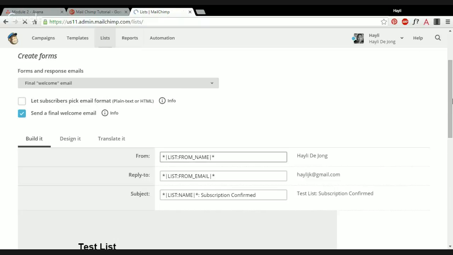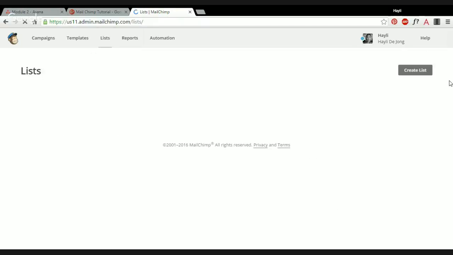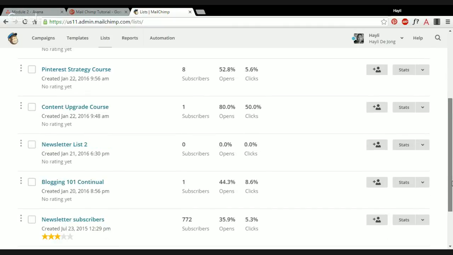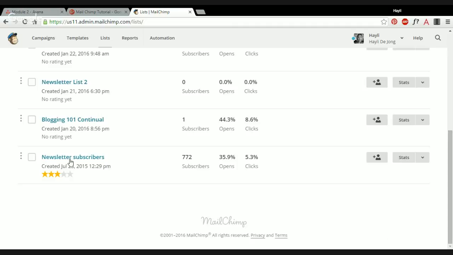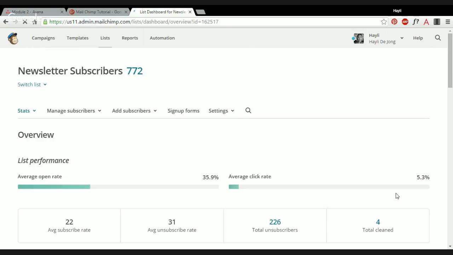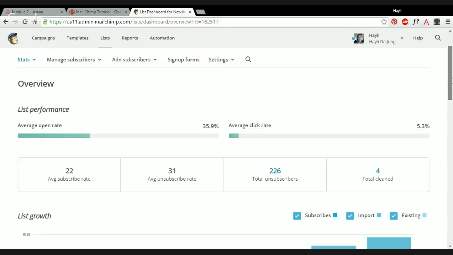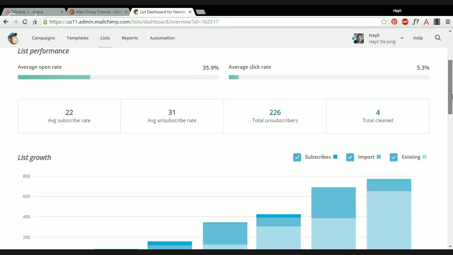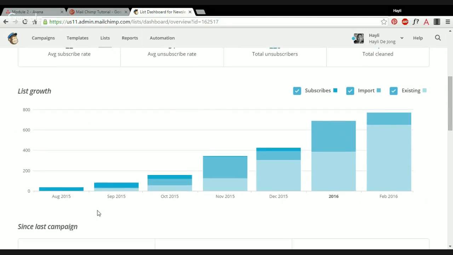You can look at like your list growth, and I'll show you that really quickly. Even that's not necessarily a user thing, but it's just nice to sometimes be able to look at that. So you're just going to pick a list, and we'll go to my regular subscribers and click the stats. And you can see like the average open rate, the average click rate, and then this is the list growth